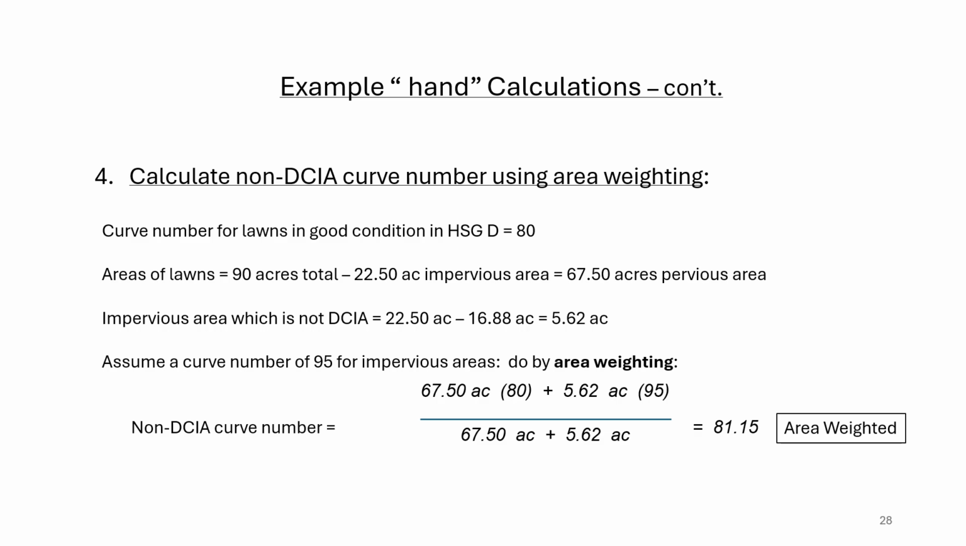By area weighting these two components, the 67.5 acres of pervious lawn with a curve number of 80 and the 5.62 acres of non-DCIA impervious area with a curve number of 95, we arrive at a combined non-DCIA curve number of 81.15. As an additional exercise, using your BMPFast software and its watershed catchment area worksheet, consider what the curve number would be if we weighted it by runoff volume instead of by area. You can enter these numbers into the software, and we'll show you the result in slides toward the end of